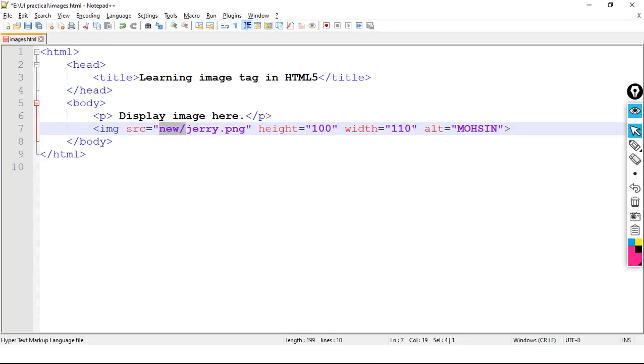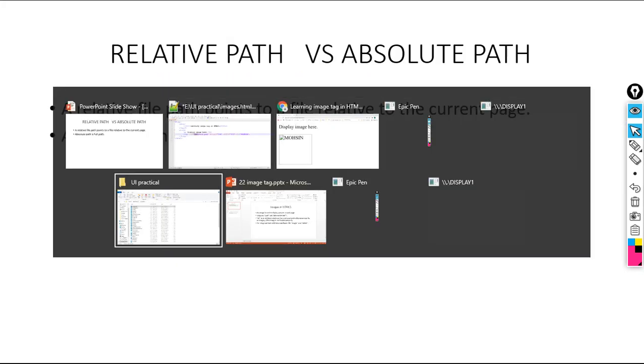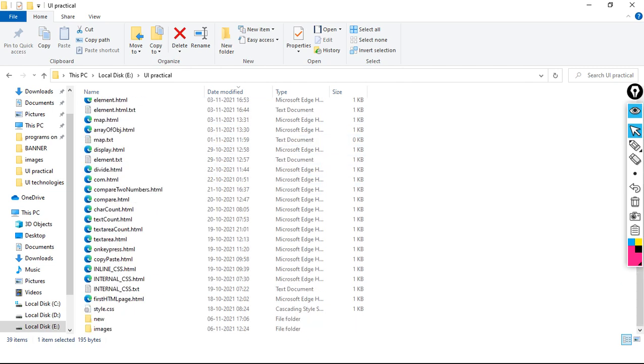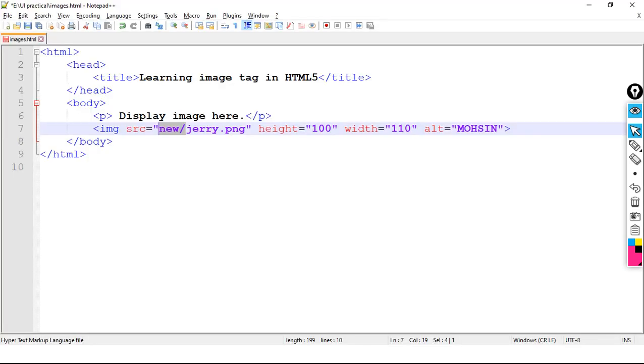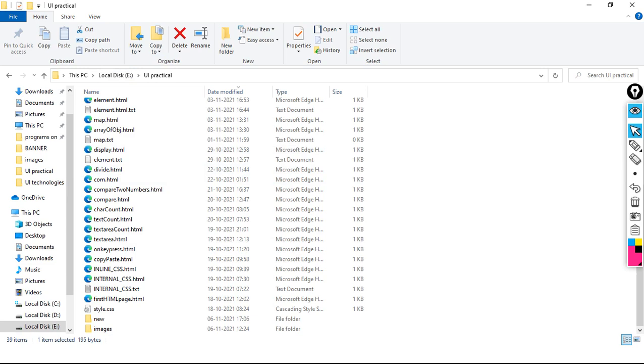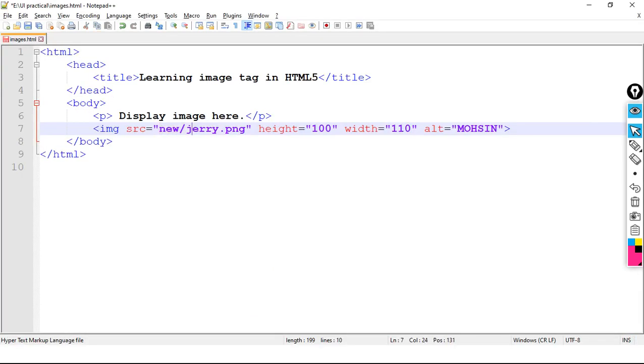What is the mistake? New. Okay, let me check here. Where is new? Okay, UI practical. In UI practical I have new. Let me check here.